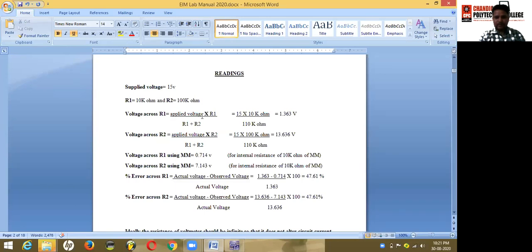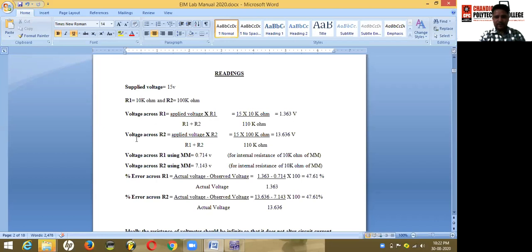Here we have an applied voltage of 15 volt. R1 has a value of 10 kilo ohm. R1 plus R2, that is the sum of 100 kilo ohm resistance and 10 kilo ohm resistance, that is 110 kilo ohm. This gives us the voltage of 1.363 volt.